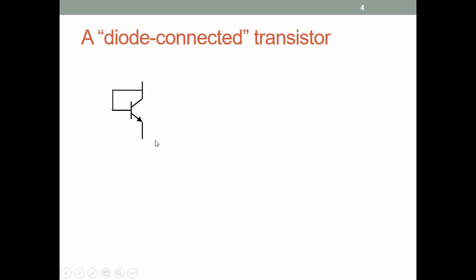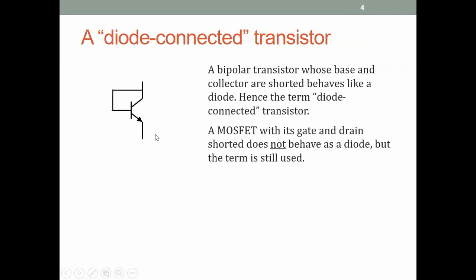Alright, a little bit about a diode connected transistor. The term diode connected transistor comes from the bipolar days, where the base and collector, when they are shorted together, become a two-terminal device, and this acts like a diode. In fact, in fabrication, often in bipolar ICs, diodes are fabricated like this. The transistor is fabricated and then its base and collector are shorted because transistors are easier to fabricate. And this behaves like a diode, and that is where the term diode connected transistor comes from.